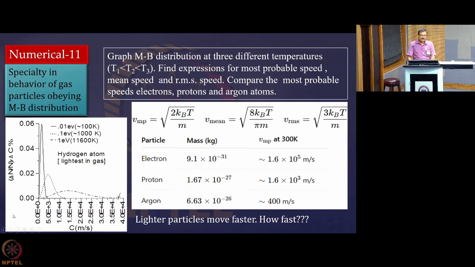And when, for the same species, you increase the temperature, I have plotted here 100 Kelvin, 1000 Kelvin and 11,600 Kelvin. So, that is your 1 eV, and 0.1 eV is around 1000 Kelvin, just take out one zero, and then 100 Kelvin. So, each time I have increased the temperature by one order of magnitude, and you see the way the distribution changes. All are Maxwellian, but you see how the peak height changes.